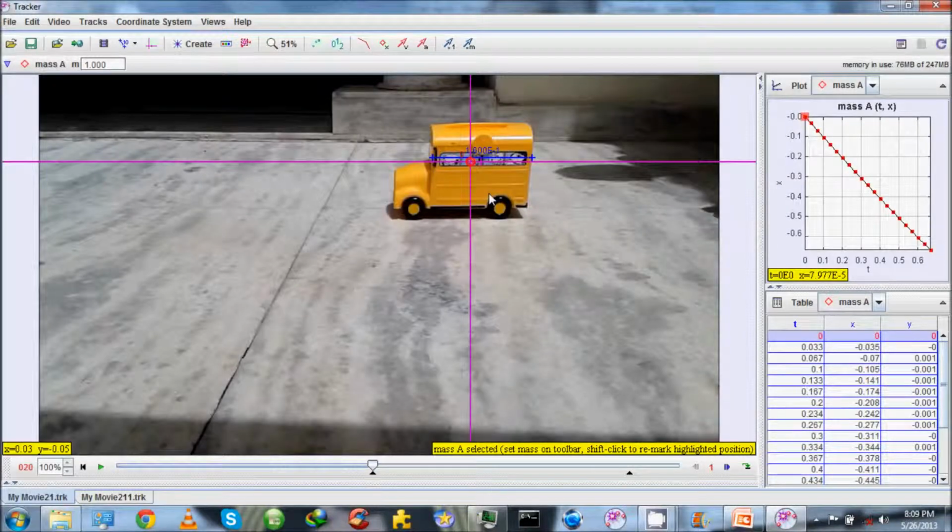Let's observe the behavior of this small van, which was given an initial push somewhere over here. For our observation recording, we will start recording from this point, which turns out to be the 20th frame, and the observation would be made for the next 20 frames. Time interval between each frame turns out to be 0.033 seconds. The weight of this van is approximately 400 grams, and the length of this roof is 16 centimeters for scaling purposes. The x-axis is aligned towards the positive right side, and the y-axis is aligned vertically upwards. Let's now play this video.